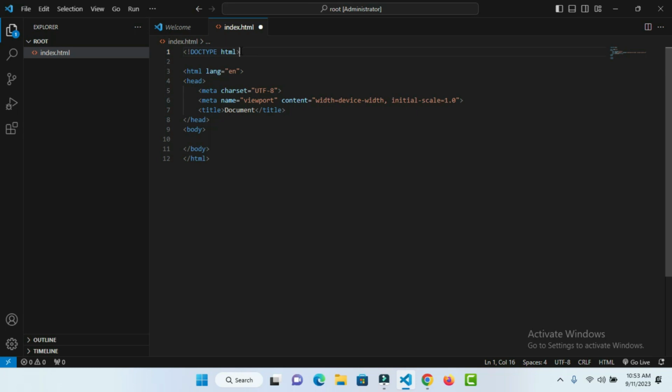Now basically it tells the browser that this is HTML, render this document as an HTML document. So that's what the doctype means. It means that you want to communicate to the browser that this is actually an HTML document and render the document as an HTML document. Now this is your language, this is English. Now in this head,